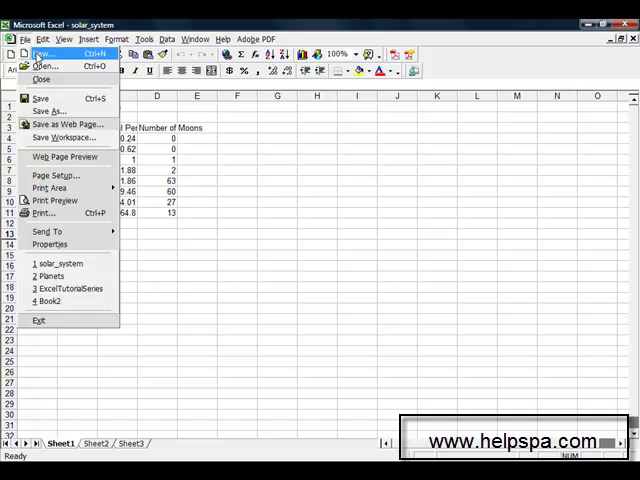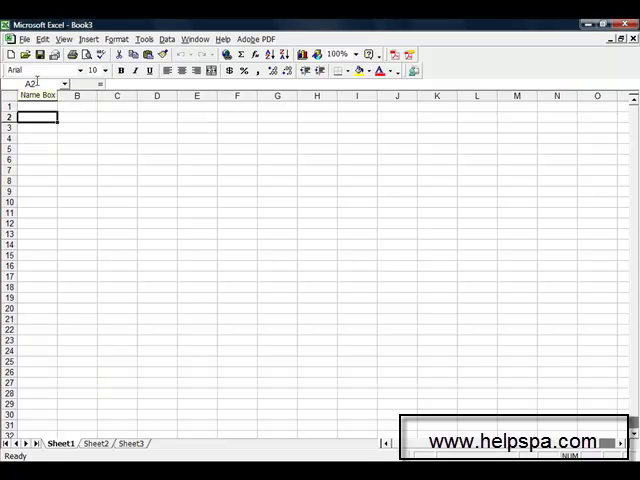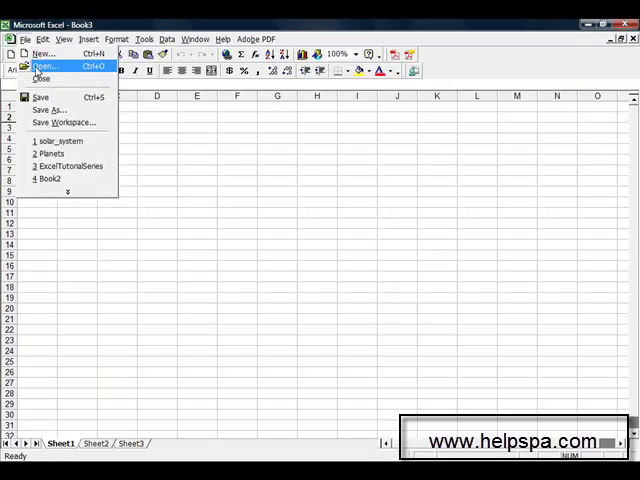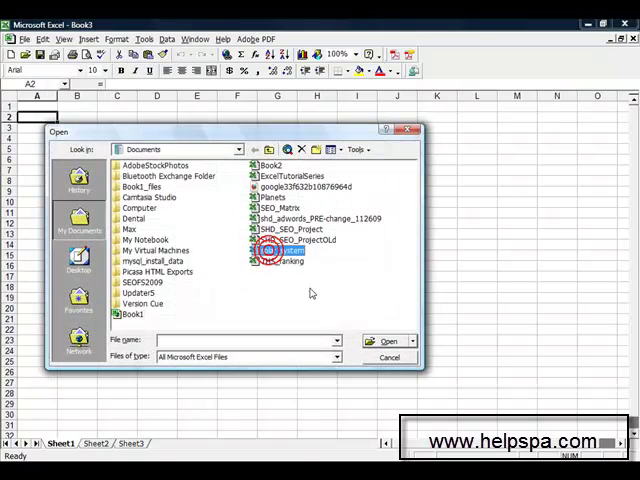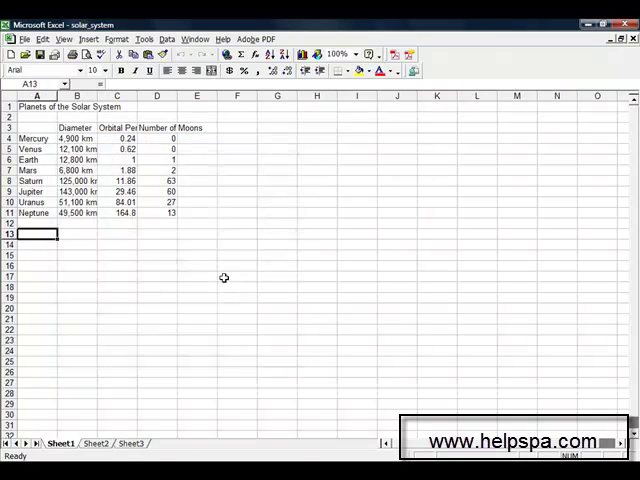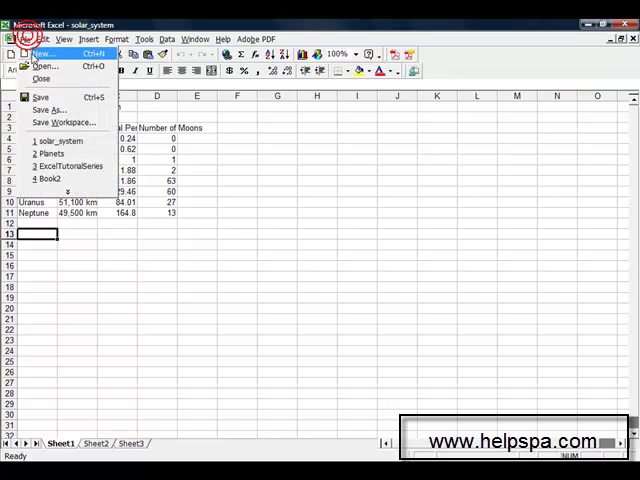We did New. We have Open, Close, and Save. We did Save. Let's close this. So we'll go to Close, and now let's open it up again. File, Open, where is it? Solar System, Open. So now we've opened it up. So now we've gone through the New to create a new spreadsheet, a new workbook, Open to open one up,